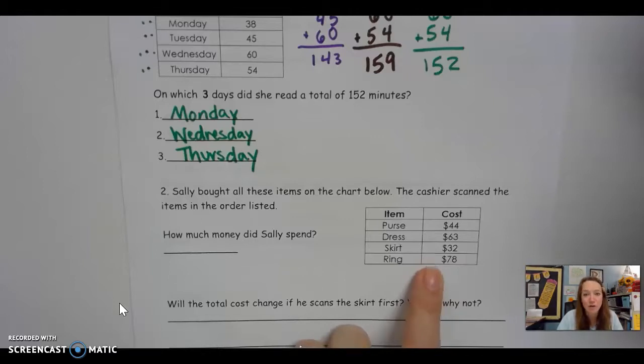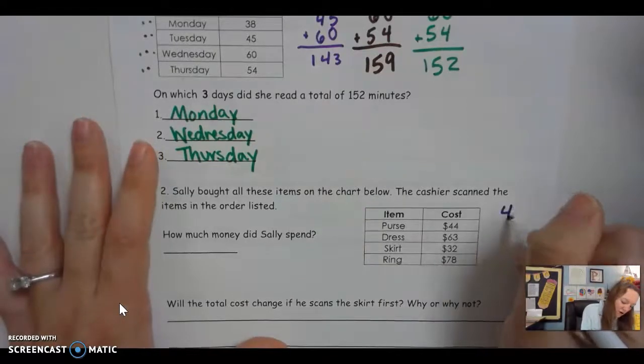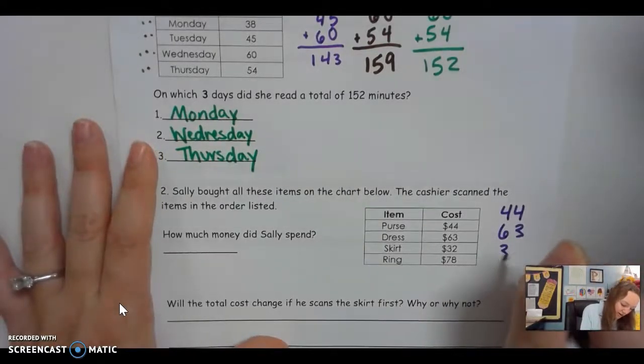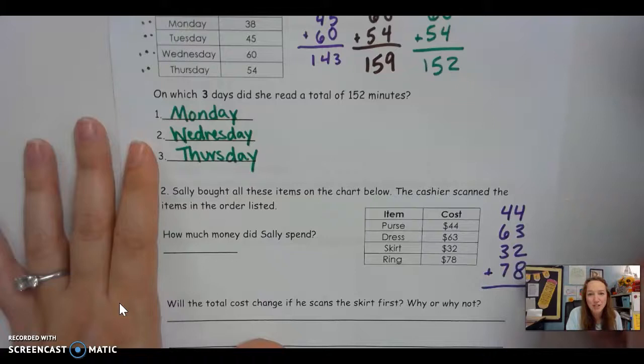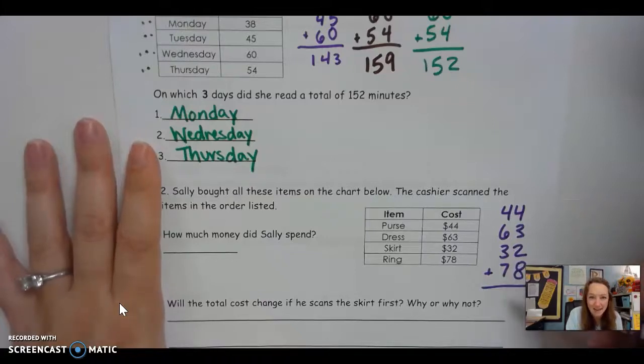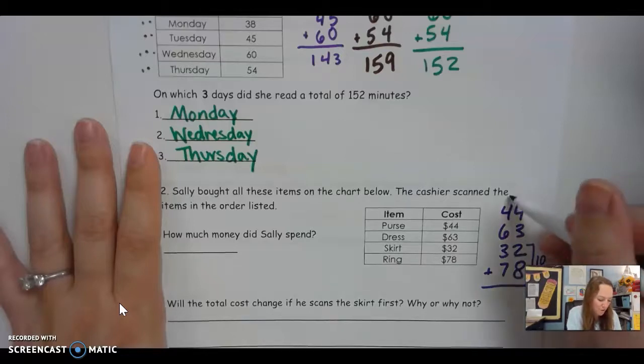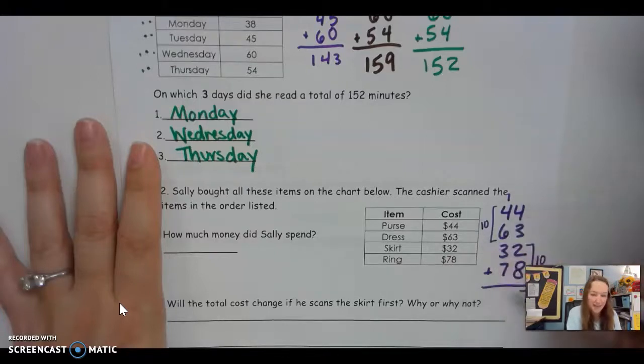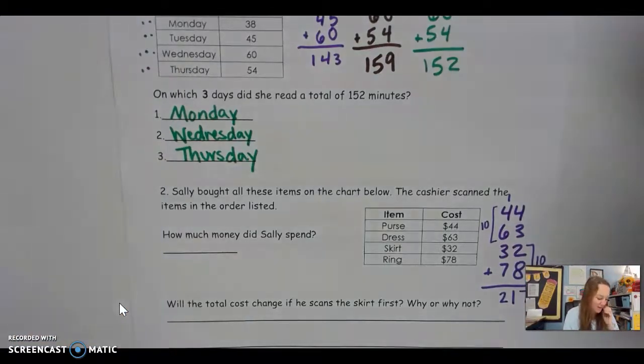Today, I'm going to be doing the vertical strategy. So I'm going to write out all 4 of these numbers on top of one another, and then I'm going to add them together. Now remember, when I'm adding 4 digits together, I want to see if I can find a 10. So I'm going to find a 10 here to make adding a little bit easier for me. So 10 plus 3 plus 4 is 17. Over here, I also found a 10. So I could do 10 plus 1 is 11, plus 3 is 14, plus 7 is 21. Okay, so you should have gotten